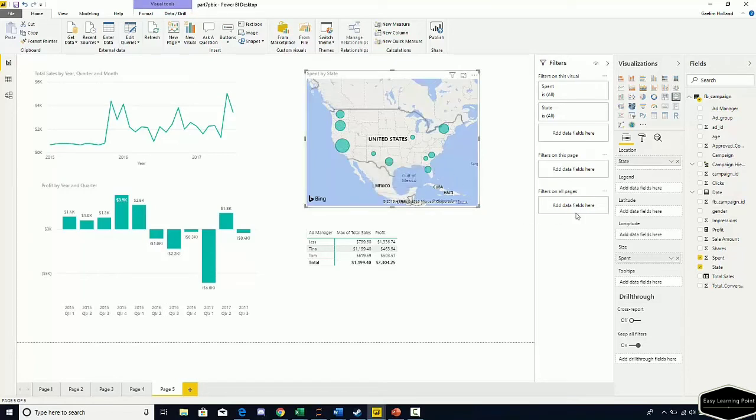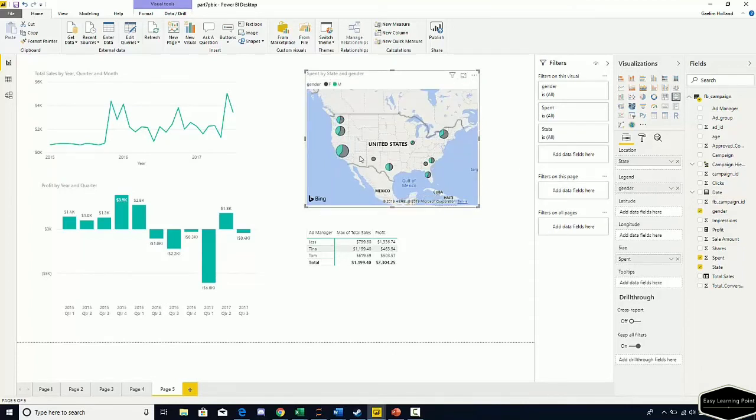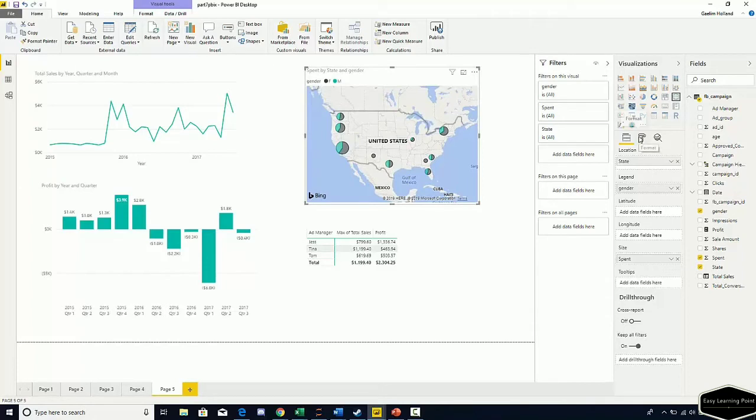Now, you're not limited to just the circle. This also has a legend, and let's see what happens when we bring in gender over the legend. We can actually see the different pie charts in that map. Of course, we can click our